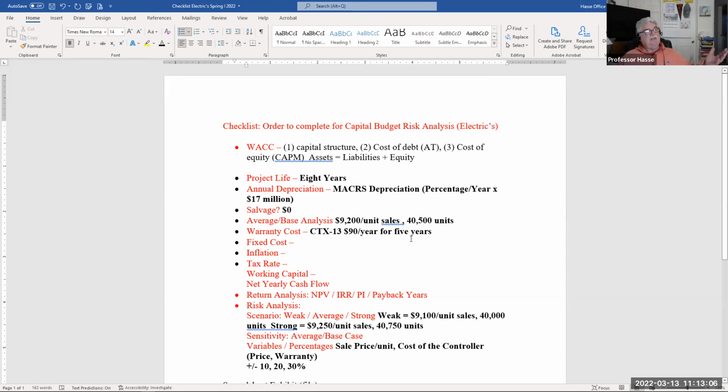Now, if you notice in case number 3, you didn't have to do any warranty. You had your variable costs, you had your fixed costs, and then you inflated those every year throughout the life of the project, and that was it. Well, you're going to do the same thing here because your fixed costs are given in your problem at $9.5 million. There's your fixed cost, just like in case number 3, your fixed costs are a little bit higher, $9.5 million.